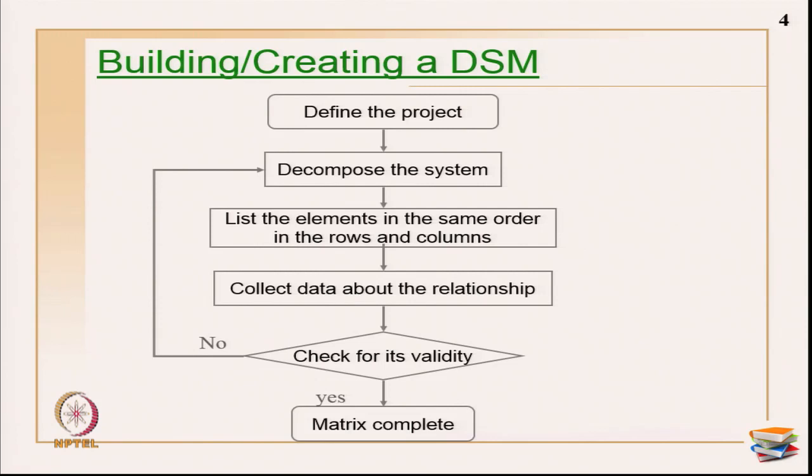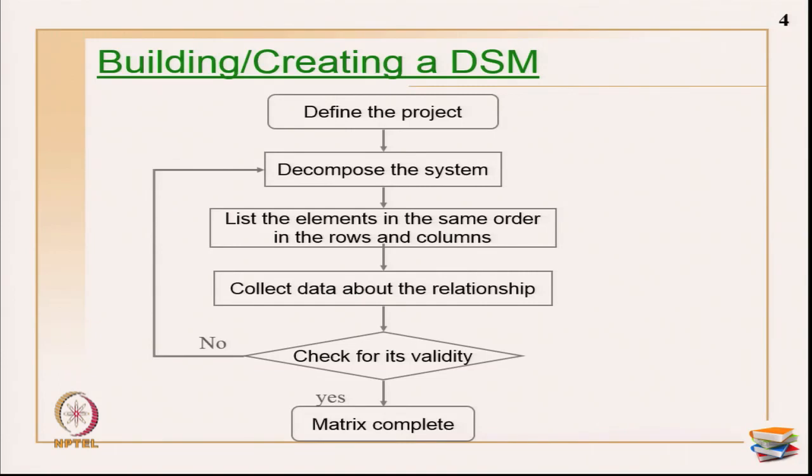Building or creating a DSM, in other words, we call it the formation of DSM. I gave very simple steps. These can go through for any way with which you are creating a DSM, which I will also explain a little later. The first step is to define the scope of the project. For example, whatever project you want to take, how many disciplines and how many components are there, you choose accordingly and define the scope of the present project.